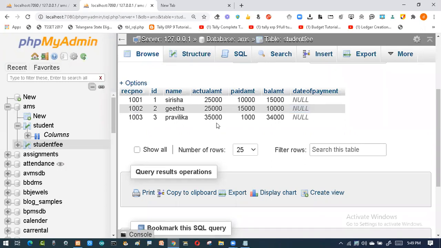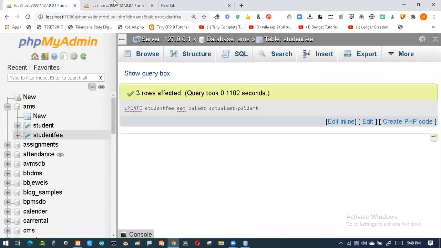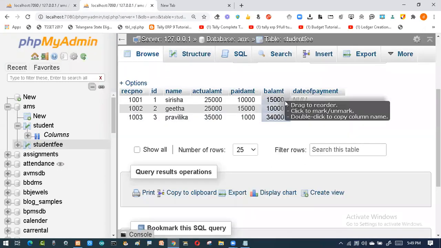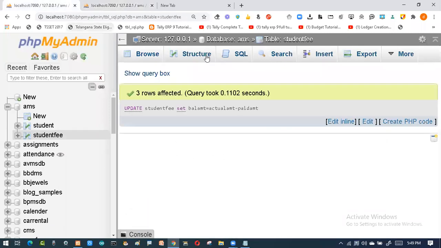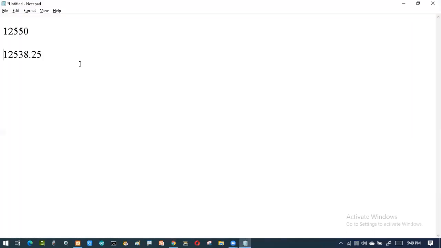Now you got the update. Any doubt regarding the update command? Sir, is there no specific syntax for this calculation updation? Yeah, we don't have any particular syntax. That's what I'm saying, it depends upon your scenario. So you can write the syntax. But I told you, two types of syntax are there, with tail and without tail.